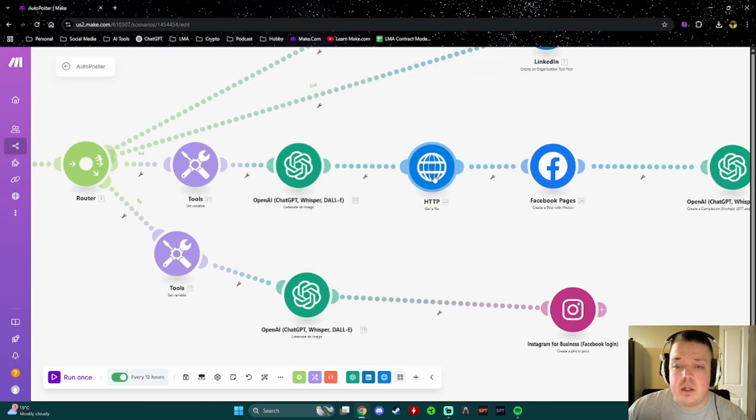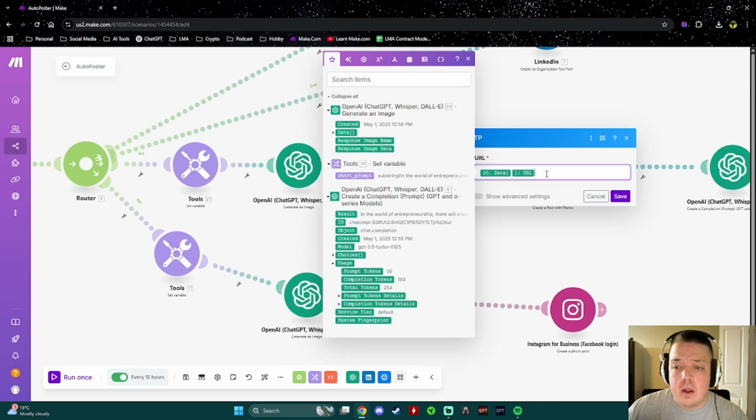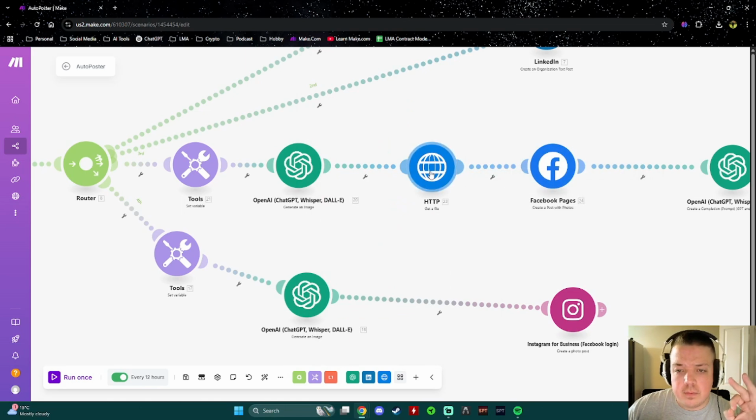Then we go into our HTTP. So we route this guy out of here. So it pulls that data URL. Now, I've been meaning to fix this for a while. I don't know if this is going to break it, but we're going to see this live